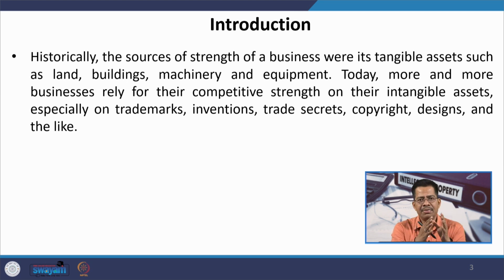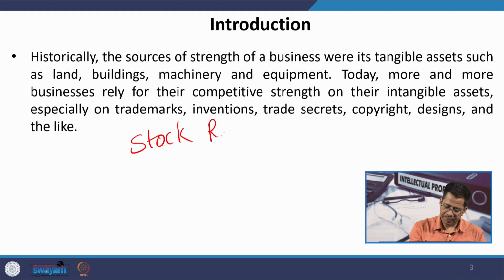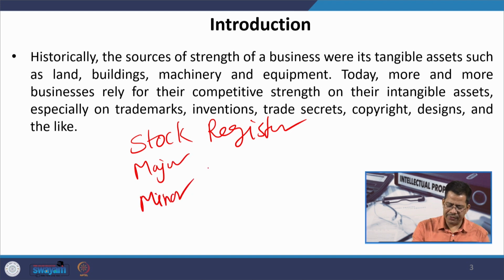One part has major assets, another part has minor assets. So, stock register is there and it has major and minor assets, and in this major and minor, every year we have to do a physical verification,